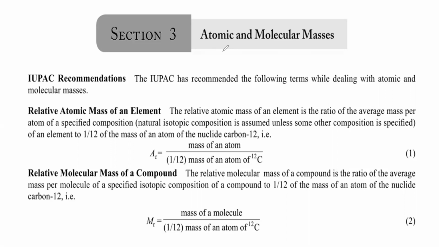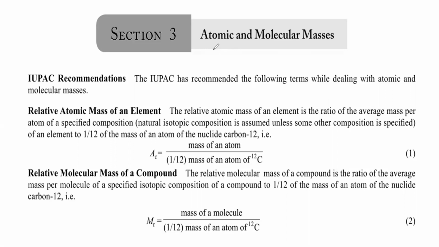For example, hydrogen's Z value is equal to 1, and its A value is that of the hydrogen atom. Like that you have to take into consideration. The atomic mass of hydrogen is 1.008 AMU. So you should know the atomic masses of up to 40 elements in the periodic table. Then you can easily find atomic masses and molecular masses.